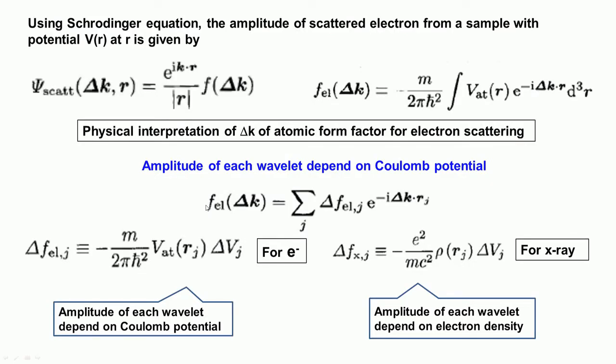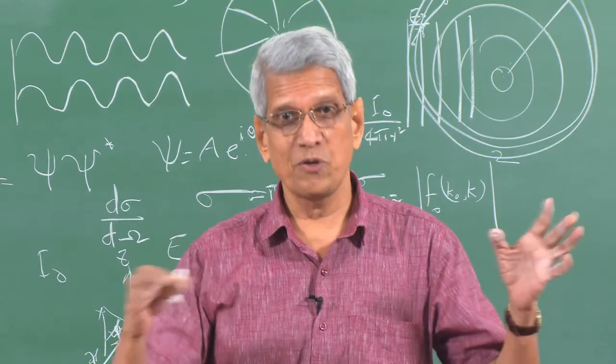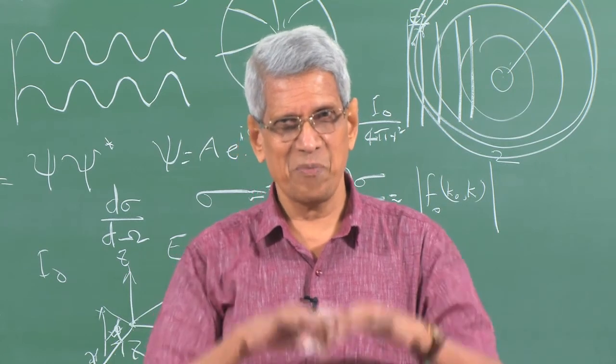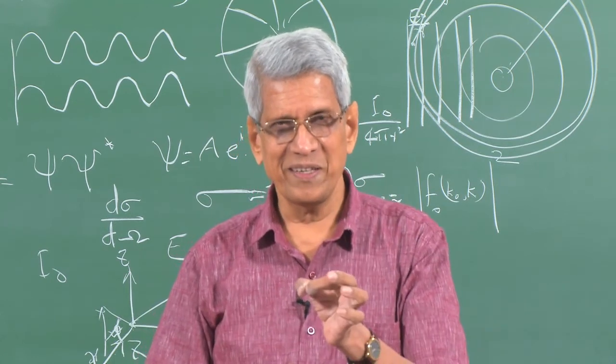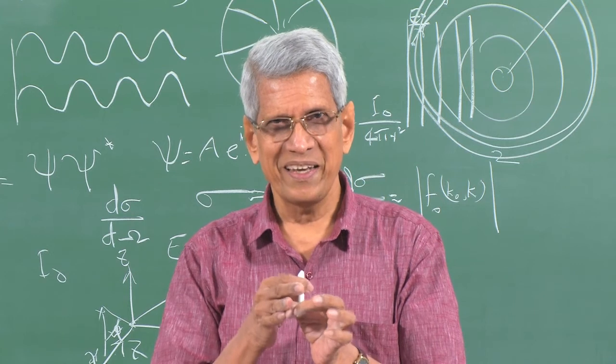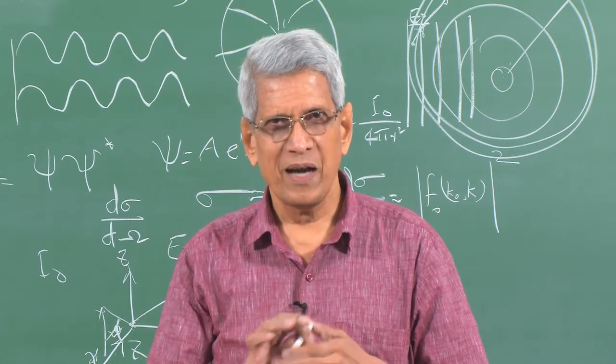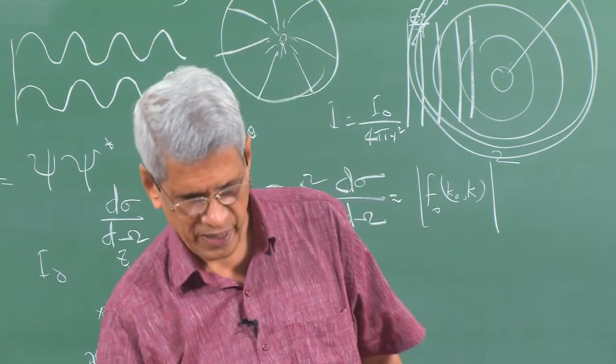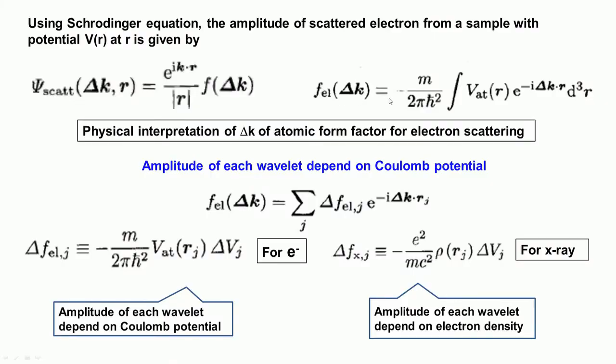The way in which it can be done, if you want to find out rigorously, is that we essentially have to use the Schrodinger equation. It is in a potential field: a nucleus is there, it has some Coulomb potential, and a high energy electron is coming. How it is going to interact, that we have to write, and the solution will turn out to be of this sort of form. What is essentially important is that in the integration, there is an atomic potential V as a function of r, and e to the power of i delta k dot r.